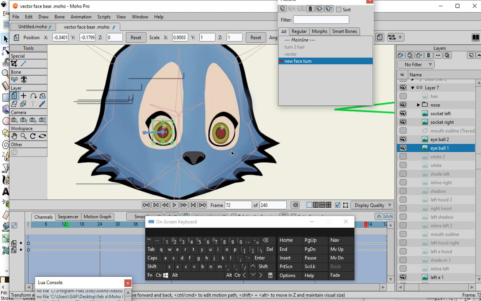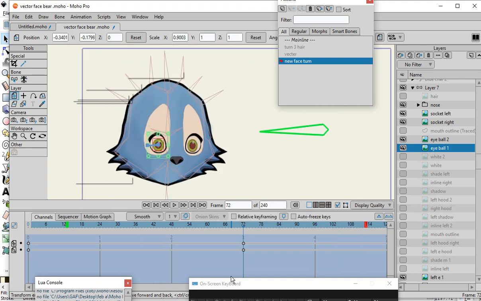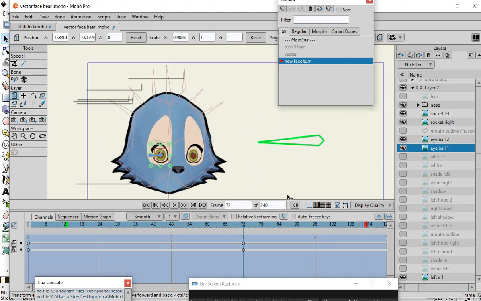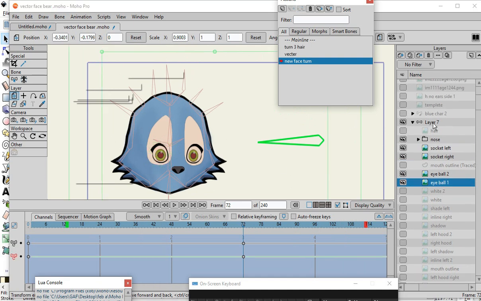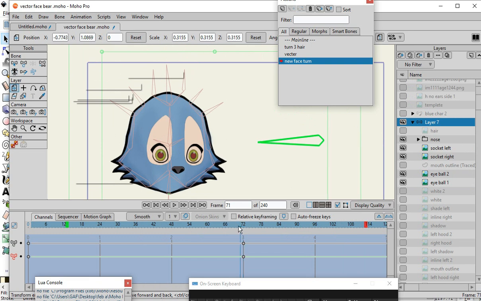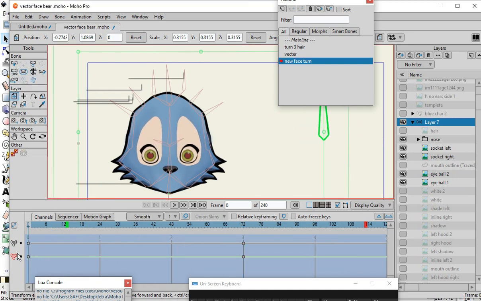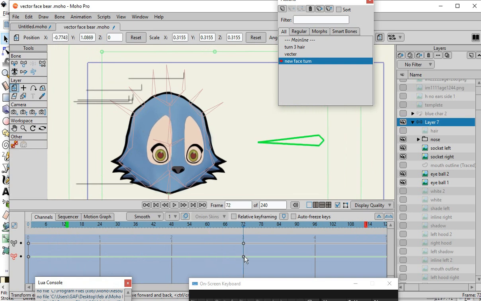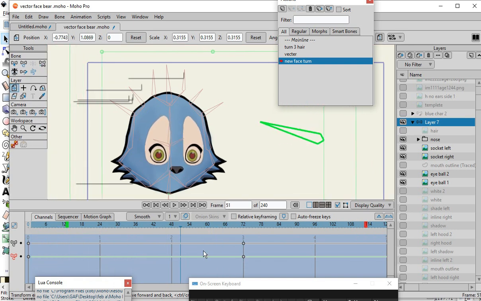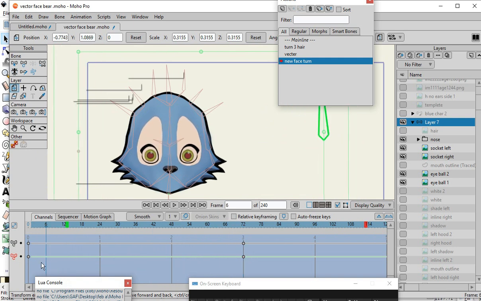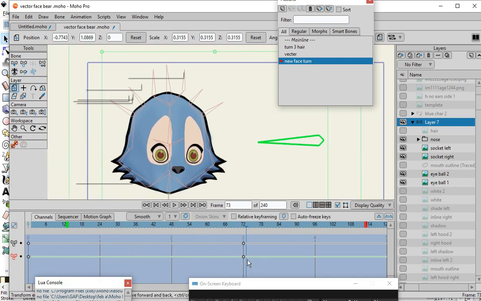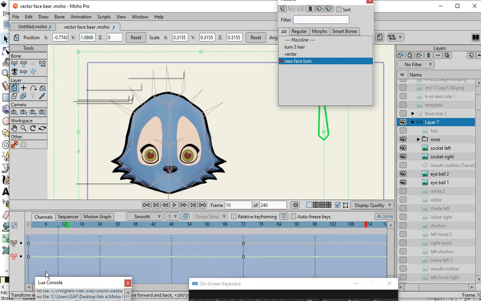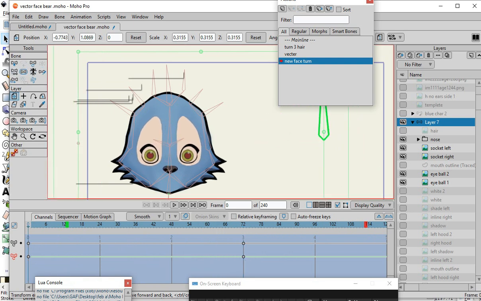All right, so I think that's enough playing around with everything. So if this is done correctly, you should see the bone move a little bit here. And like so. Just like that. All right, so then what we're going to do here is once we got that the way we like it,